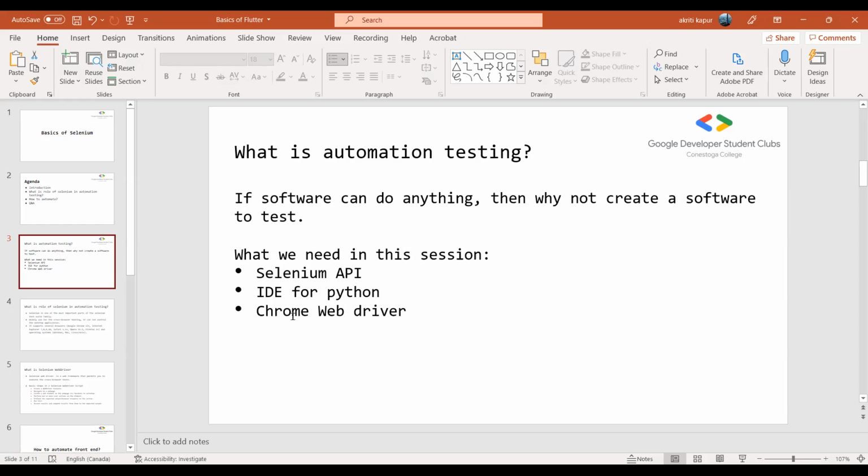In that case, what will happen? For example, I have thousands of forms, and in those forms I have thousands of data entry fields. I provide data into them, it takes me 20 minutes, and then I click on submit.